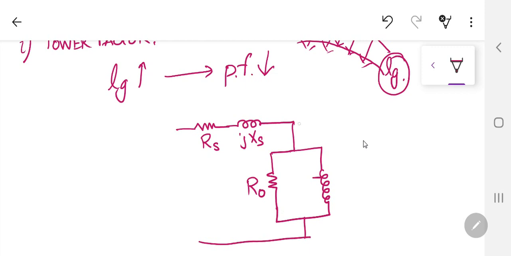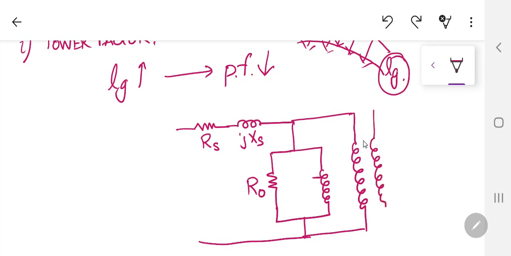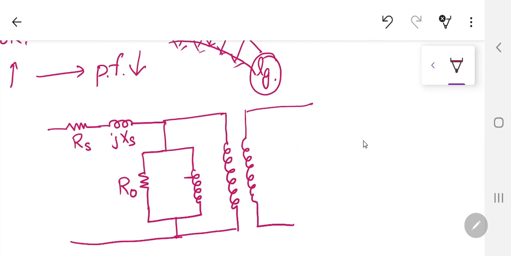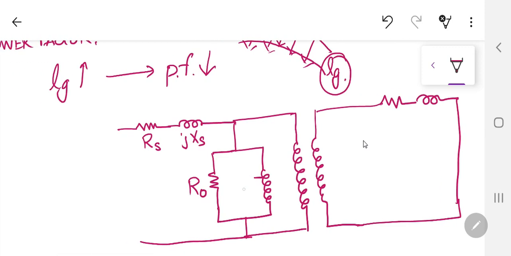This JXM was the... and then if I don't draw the exact equivalent circuit which we follow, I am actually drawing the... these straight lines are not there, if you remember, because this is an air gap over there. So on the other side, this is actually going to be the rotor, which is short circuited. So this is actually JXM or X0, whichever variable you want to use over there.